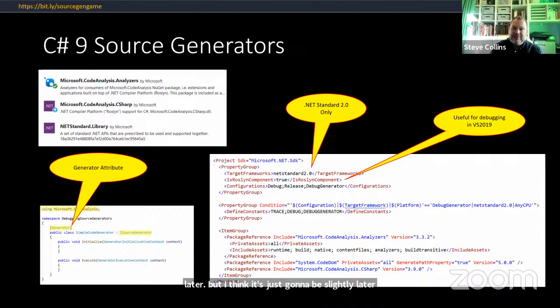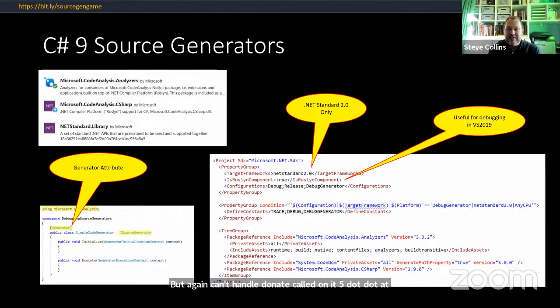A key thing to note about the generator is that it needs to be set as a .NET Standard 2 library, not .NET 5 or .NET 6, etc. The reason for this is that, as I said earlier, Visual Studio can't handle .NET Core, .NET 5, .NET 6 as code to call.